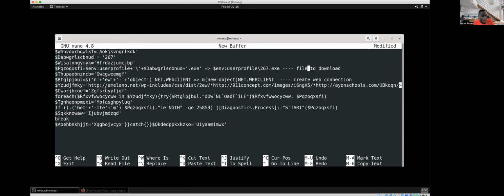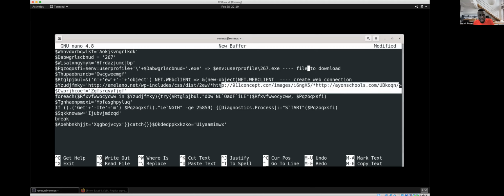Okay, so there are 1, 2, 3. I think there was more than that. Anyway, let's deal with just these 3. So what happens is it's going to try that code next, but it's going to try the first link, to find if there's this file. If it doesn't get it, it's going to try the next link, which is from here